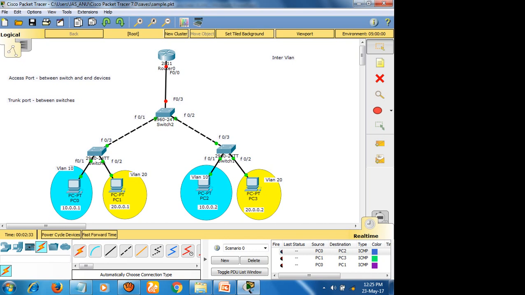But I have two different virtual LANs, one is 10 and another one is 20. These are two different networks, 10 as well as 20. These all belong to network 10, and virtual LAN 20 belongs to network 20. So in order to route two different networks, I need two interfaces.